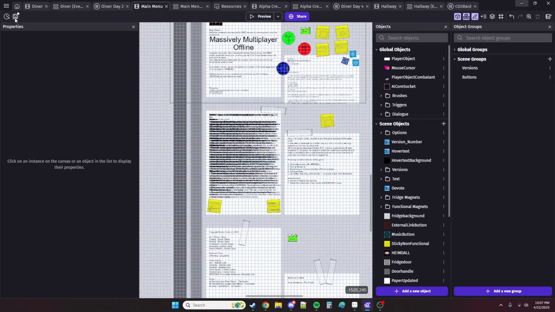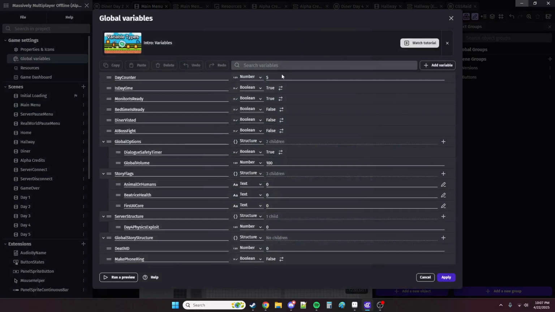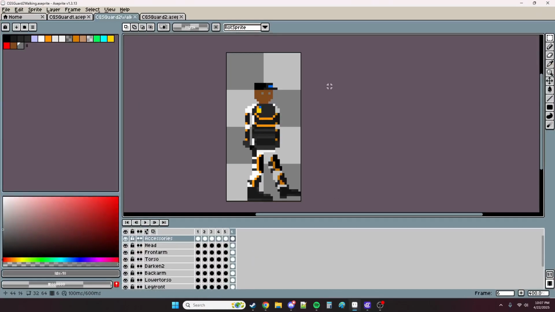Actually, I don't know what I'm looking for. Okay, so we're doing global variables. Actually, let's just keep that on 5. Yeah, I honestly have no idea what I'm doing here, and this is terrifying. I think that what we want to do is